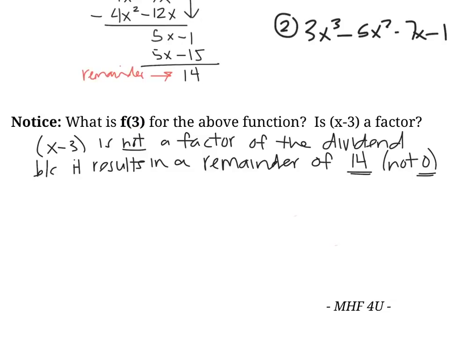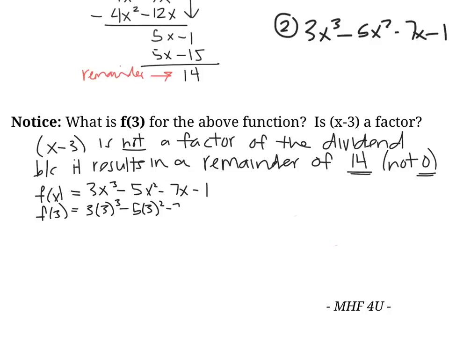So it's asking us now to find f at 3. Let's just do it. If f at x is equal to our dividend, and our dividend is 3x to the power of 3 minus 5x squared minus 7x minus 1, let's go ahead and find f at 3. So 3 times 3 to the power of 3 minus 5 times 3 squared minus 7 times 3 minus 1. That's just equal to 14, which is odd because that's the same as the remainder that we found when we